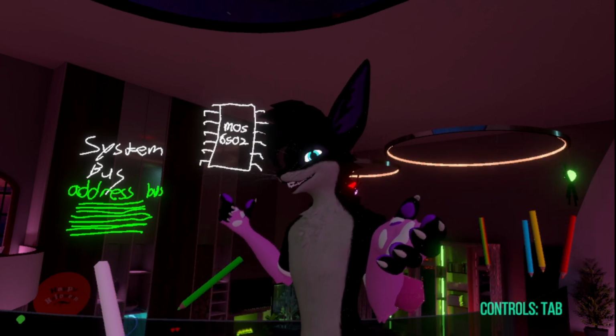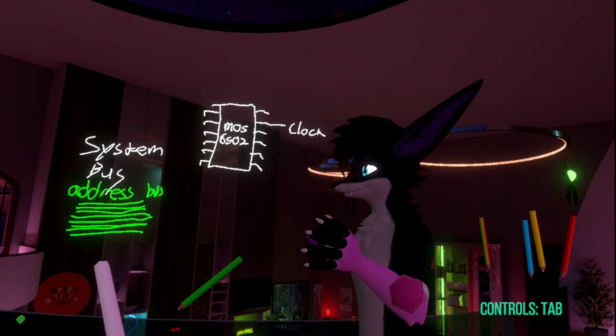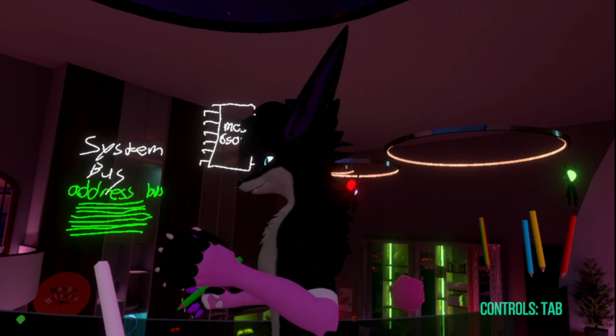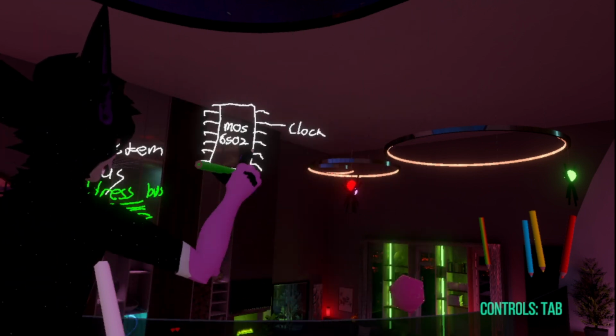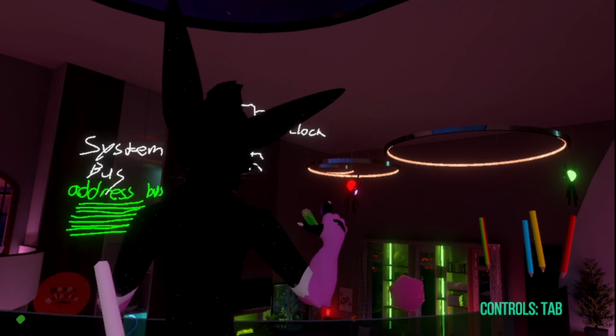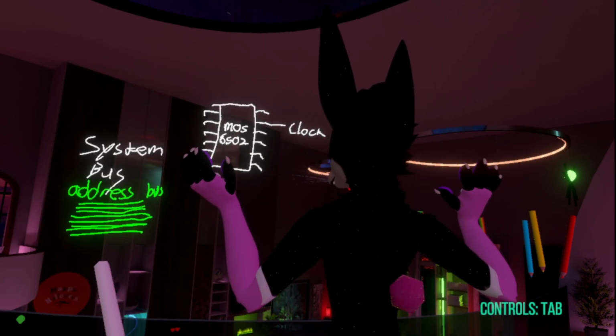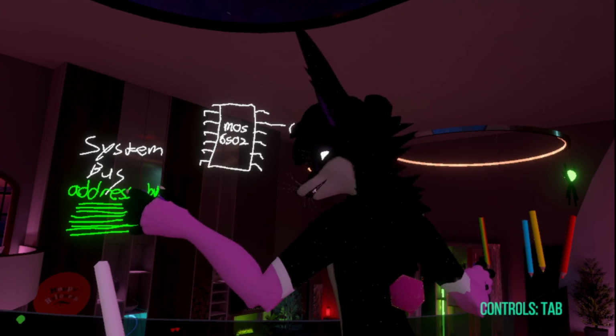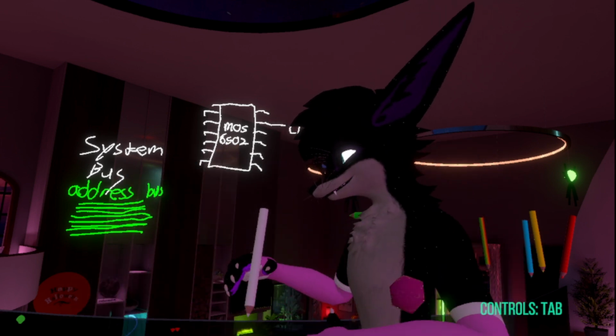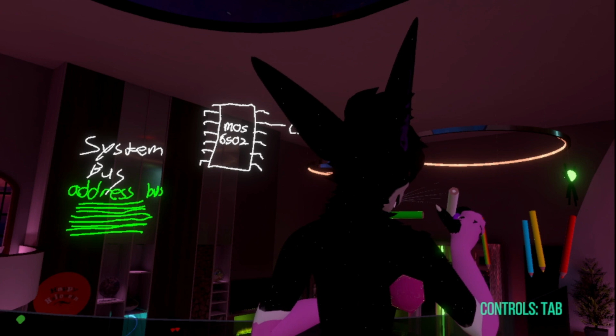Now these two are communicating, but not exactly. You see, now that the CPU is in contact with the, let's see, where is my white pen? Oh, here.